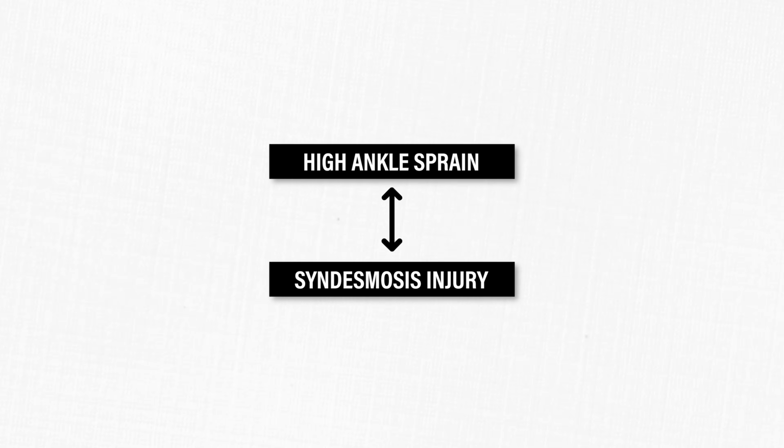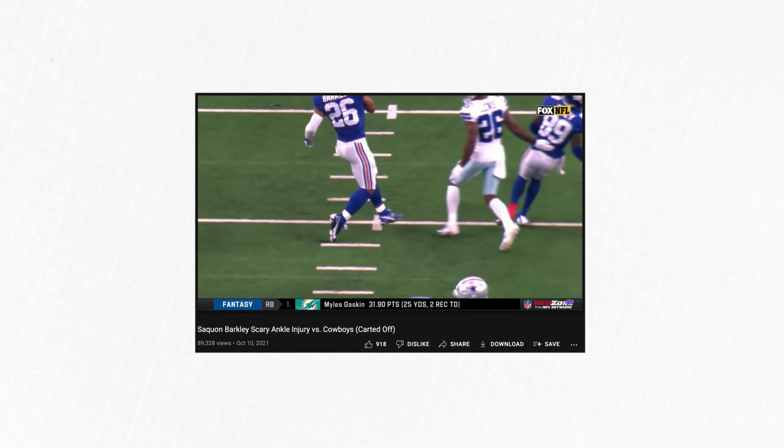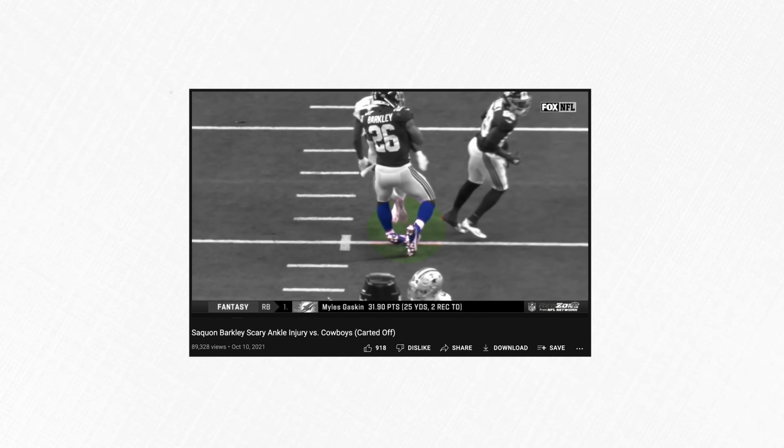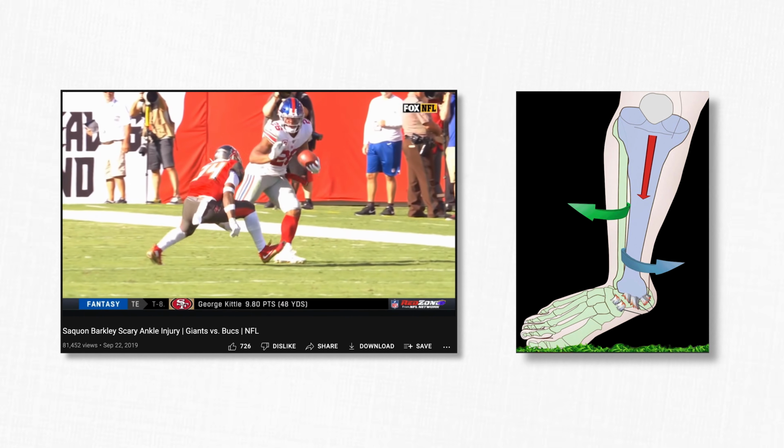There are different types of joints in the body, and the distal tibiofibular joint is a syndesmosis. Therefore, medical doctors and other healthcare professionals will usually call this a syndesmosis injury as opposed to a high ankle sprain. Unlike a lateral ankle sprain in which you twist or roll your ankle, a syndesmosis injury occurs when your